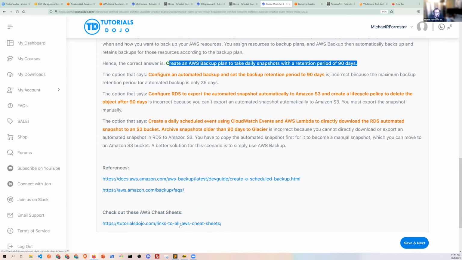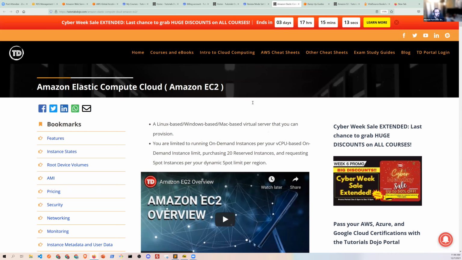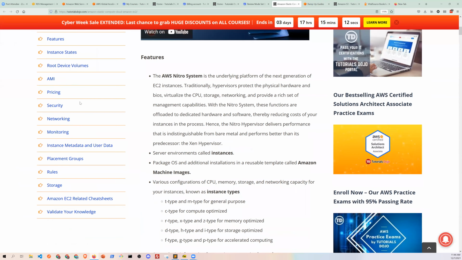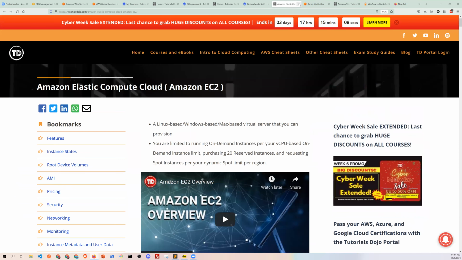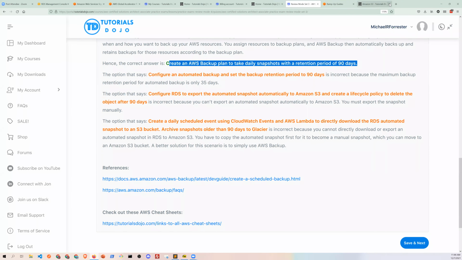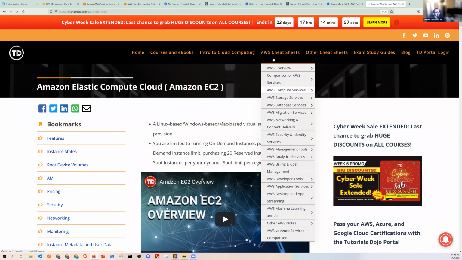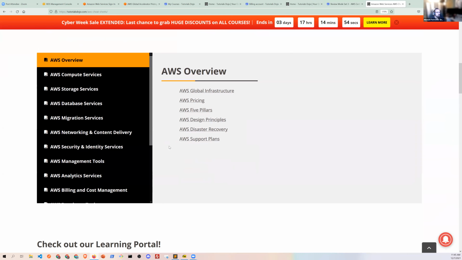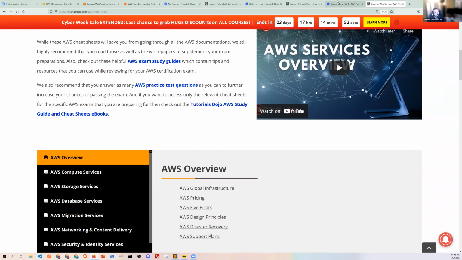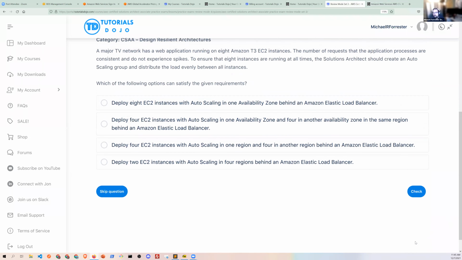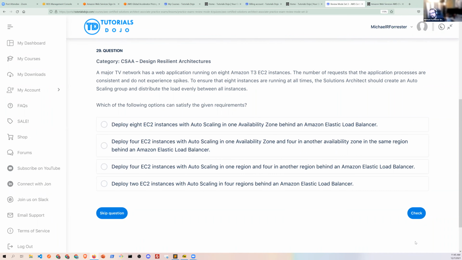Links to all AWS cheat sheets. Hold on. Let's see what this one looks like. Huh. Well, that just went to EC2. That did exactly what I thought it was going to do. Let's try that again. Nope, that went to EC2. That was not a link to all the cheat sheets. I think this is the link to all the cheat sheets, right? Yeah. Anyway. All right. We're only going to do like 2 or 3 more and then we're going to be done. I'm just going to check in for the last few minutes.